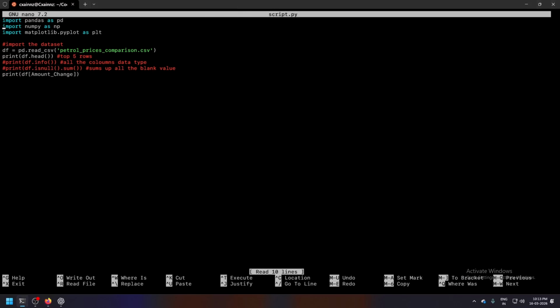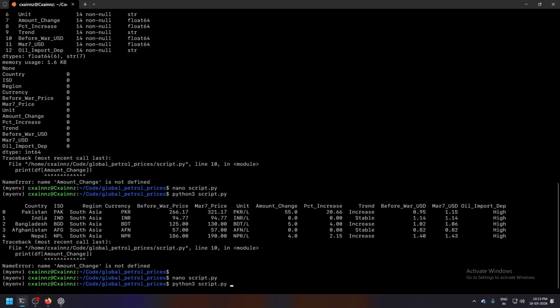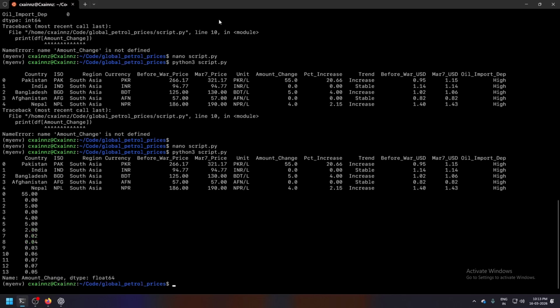Oh, I got it. Of course, this is a string, so it should be in between quotation marks. Now if I run this, yeah, it runs, and here you can see the whole column.